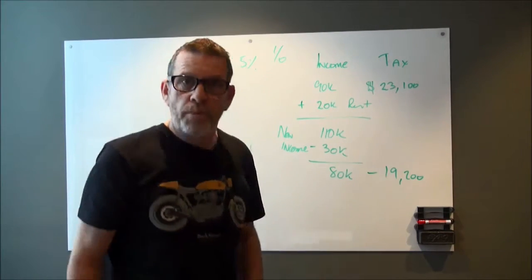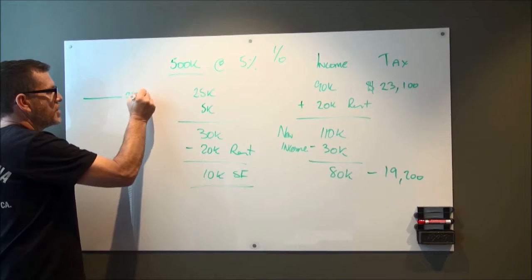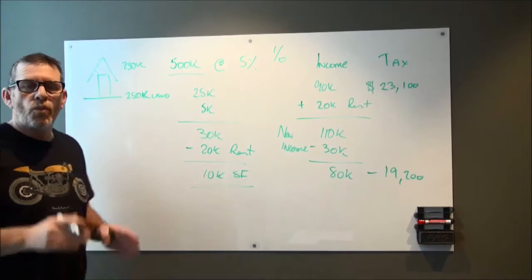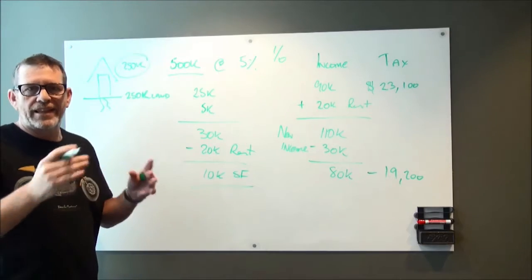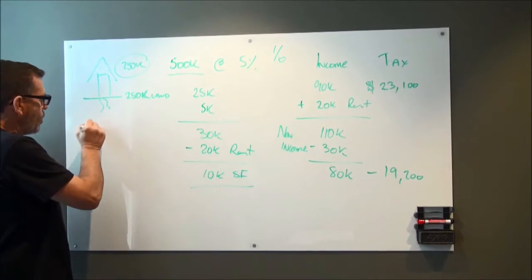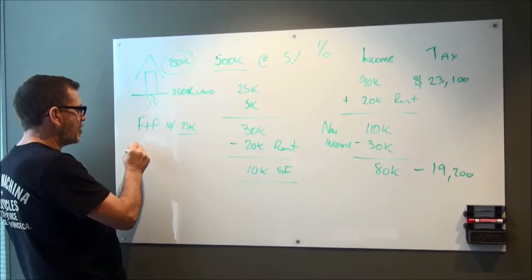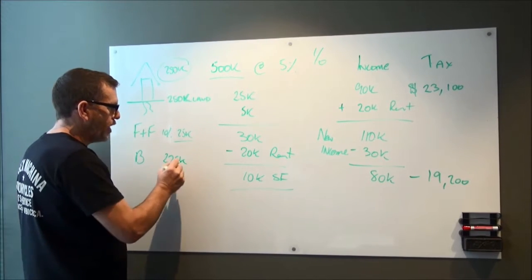If you're buying a brand new property, and let's say this $500,000 property was made up of $250,000 for the land, and the house that we put on top of it was an extra $250,000, we're going to be able to claim all of that. And that's including all the pipes under the ground, all of your landscaping, every appliance, and it's broken into two components. You've got what they call fixtures and fittings, which is typically around about 10%, which is around $25,000. And then we get an allowance on the actual building, so everything else. So that leaves us $225,000, which we get an allowance of